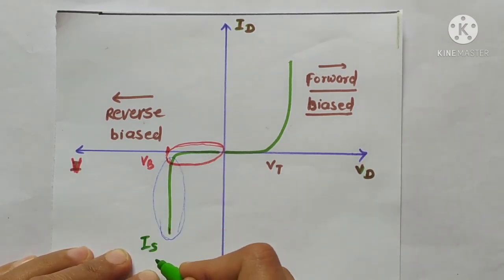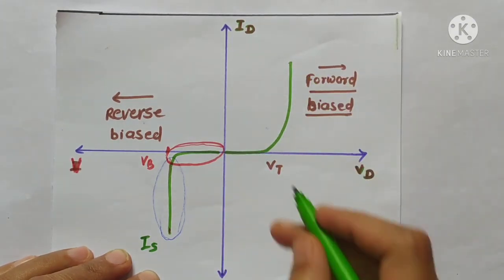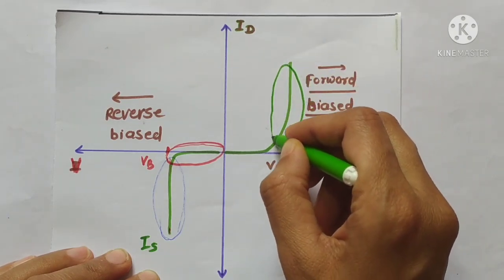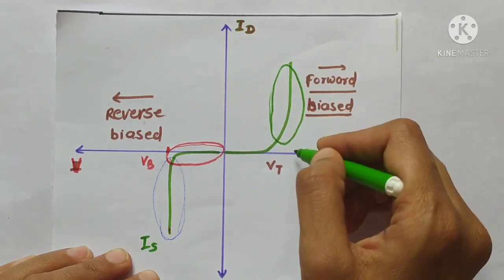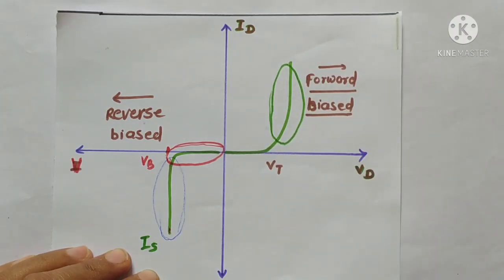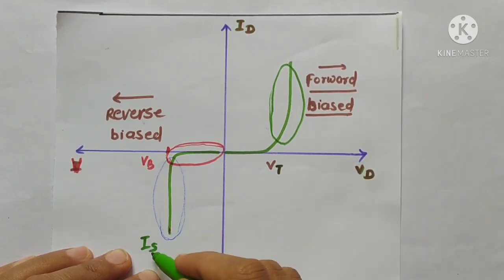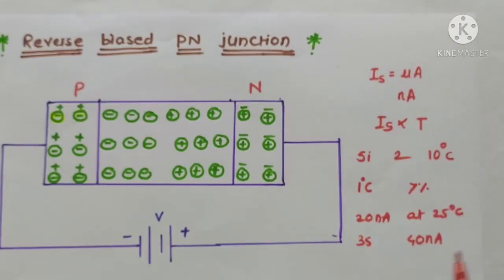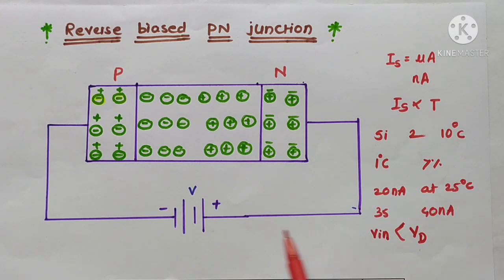This graph shows the reverse bias direction of the diode, while this graph shows the forward bias direction of the diode. Here is the condition of the diode, and this is the breakdown voltage in the reverse direction. Okay, and the saturation current is dependent on the temperature. Or simply from this diagram we can say that the input voltage, that is the applied battery voltage, is always less than the reverse bias breakdown voltage of the diode.